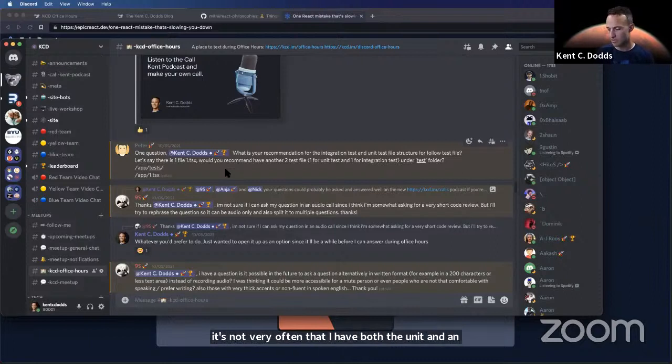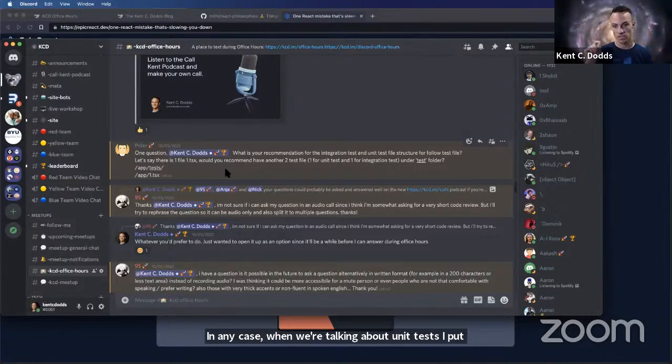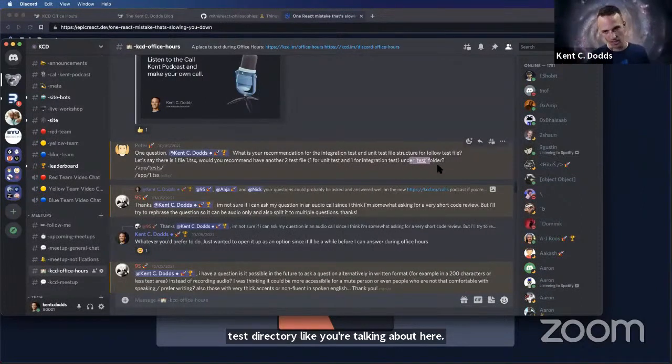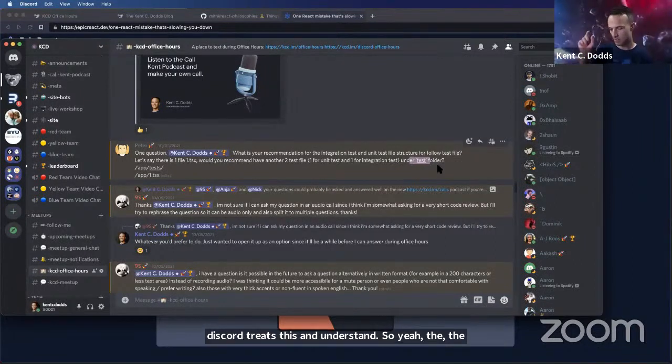Sometimes I will, but not very often. In any case, when we're talking about unit tests, I put them right next to the unit that I'm testing in a dunder test directory, like you're talking about here. That underline is probably because you have two underscores on either side of that word, which Discord treats as an underline. So yeah, the dunder test directory, I stick the test file right next to the file that I'm testing.